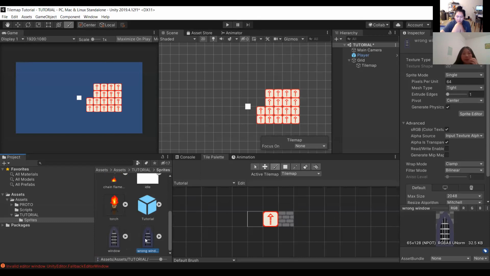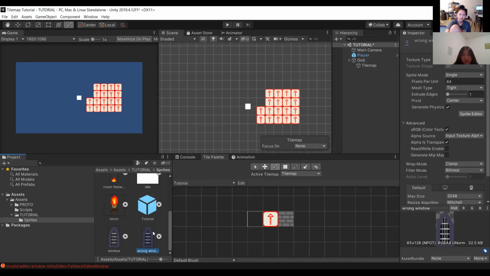Okay, so one way that you can fix the window. The problem, eraser, yes. The eraser tool is not working when I'm trying to erase it from the tile set. You want to press edit first. It won't erase unless you press edit. Athena, is it correct to think that pressing the edit button lets you treat your tile palette as if it were the map in the scene? Yes, that is correct. Once you press edit, you can do everything within the tile palette that you can do within the scene.